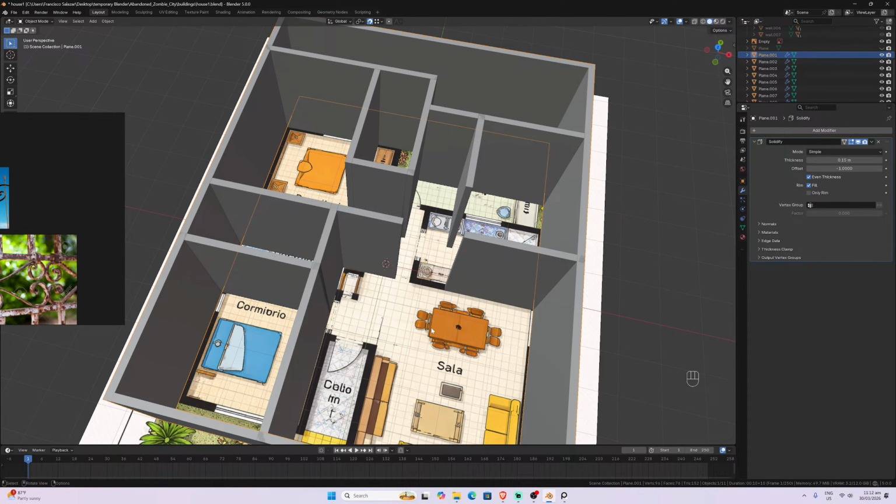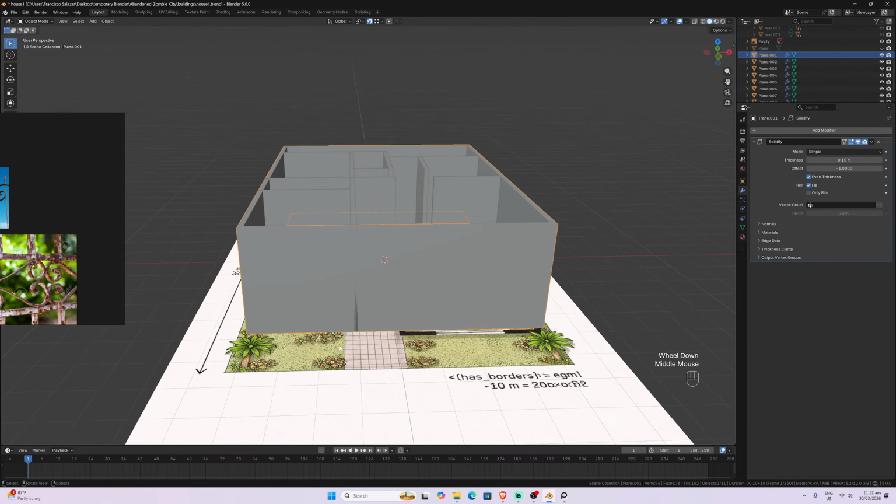I created buildings for low poly games. I created a complete environment in Unreal Engine. I know about that. If you say blueprints, I know that you use Unreal Engine. I never tried to create houses with blueprints, I mean, with modular kits.